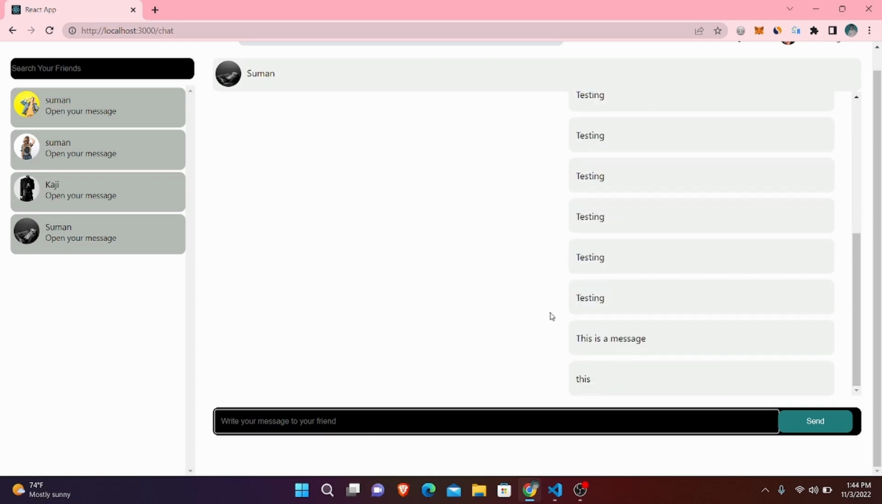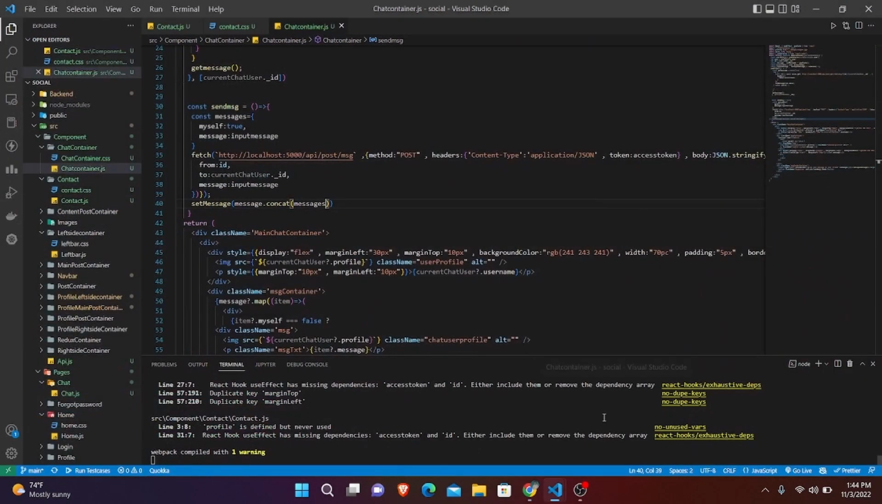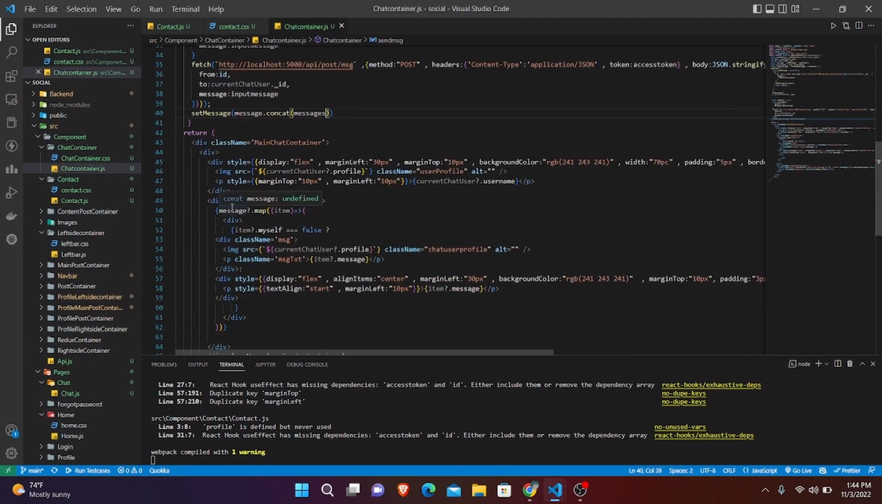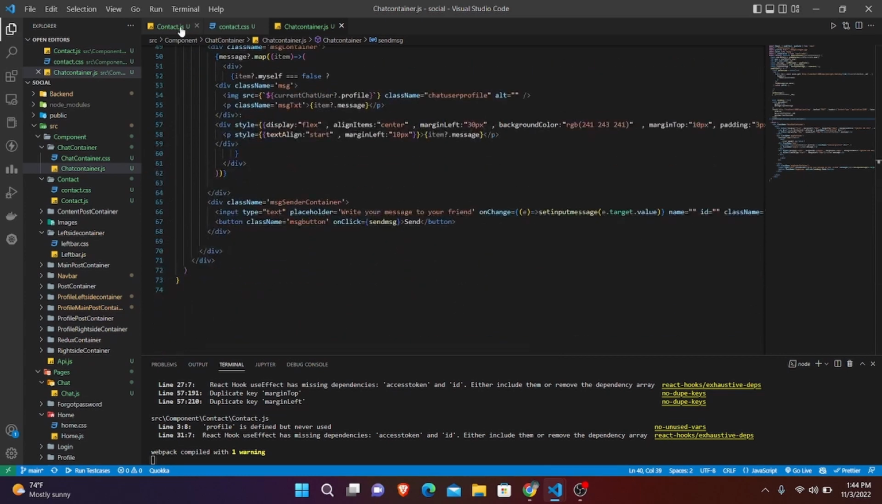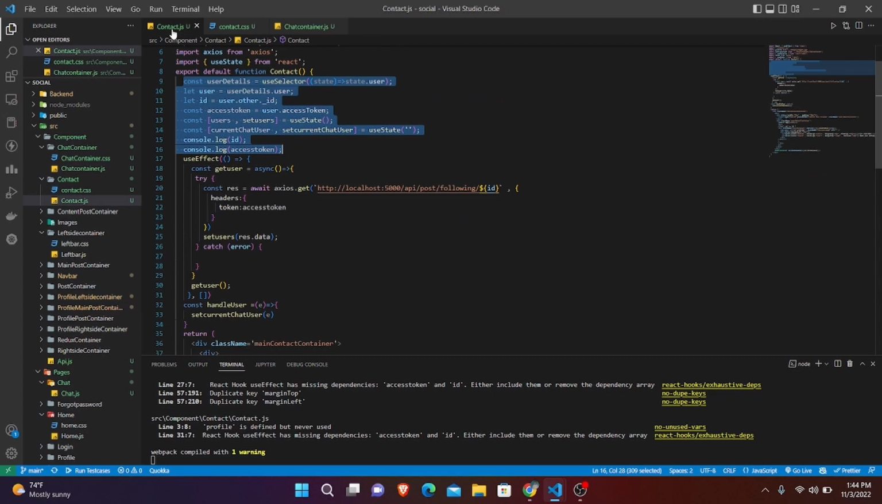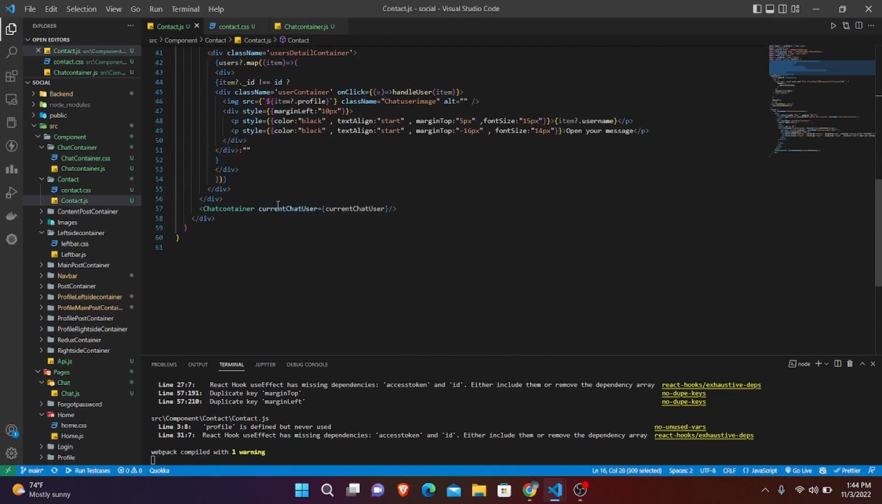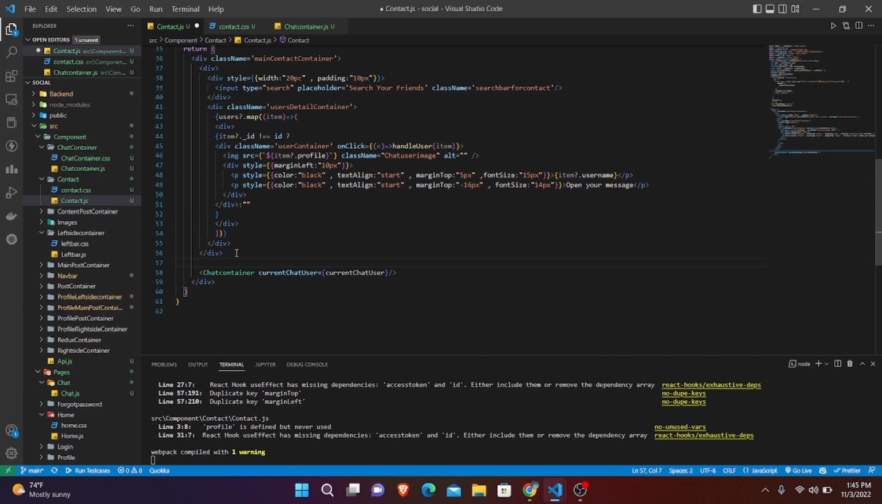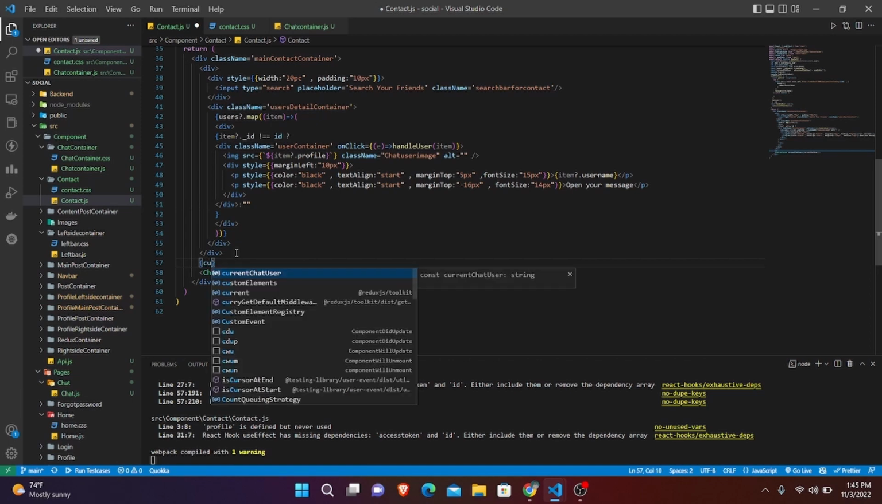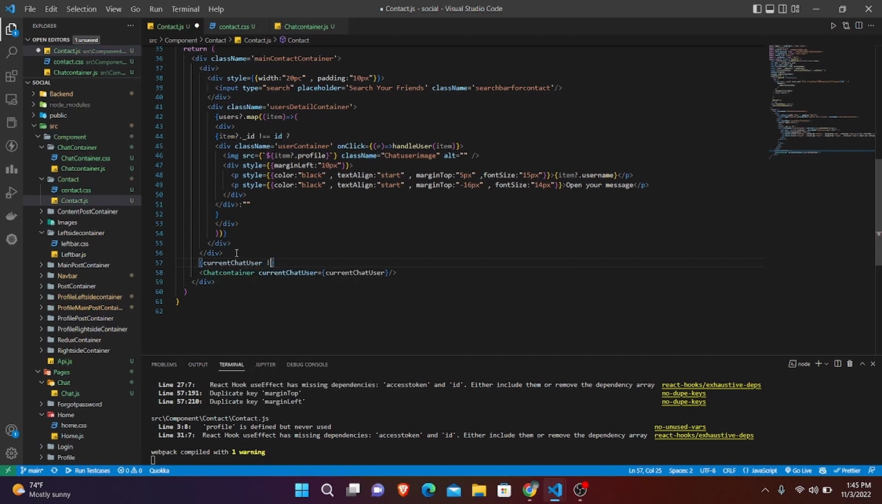Okay, so now let's go to our frontend again, and here let's go to our contact. So here what I need to do is write, if our current chat user is not equal to blank, then we need to write this, else we need to write